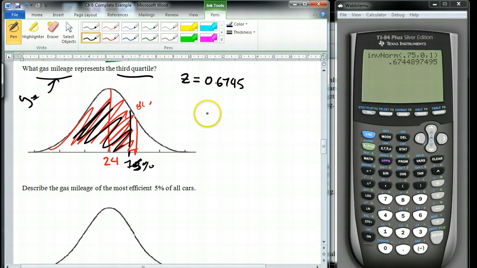So let's calculate that. z equals y minus mu divided by the standard deviation. We have a z-score. I'm guessing there should be a decimal here that probably disappeared. So 0.6745